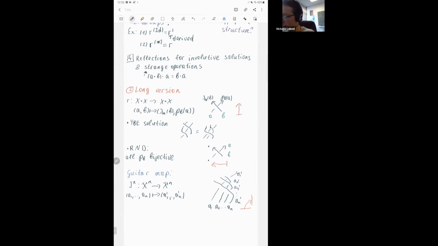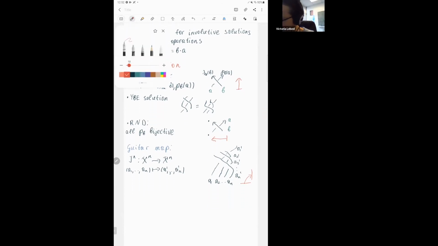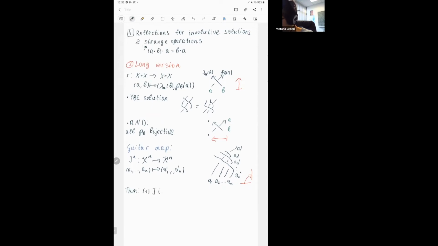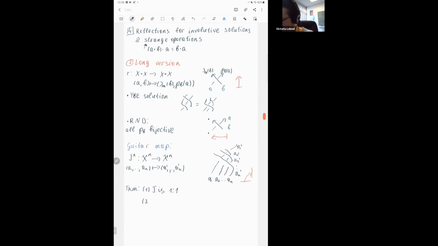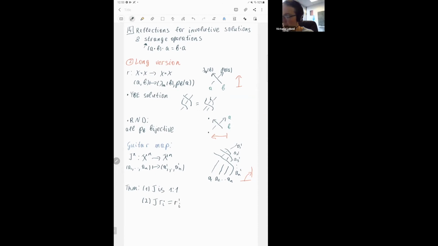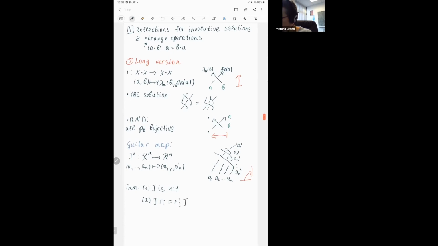This map is very simple to construct, and it's very nice. So first of all, it is bijective, which is obvious because of this right non-degenerate property. It tells you that the colors from the right can be propagated all the way to the left, and you can get the bottom colors like this. And a far less trivial property is that if you first apply your solution R to the positions I and I plus 1, and then apply your guitar map, you get R prime applied to the positions I and I plus 1, preceded by the guitar map,